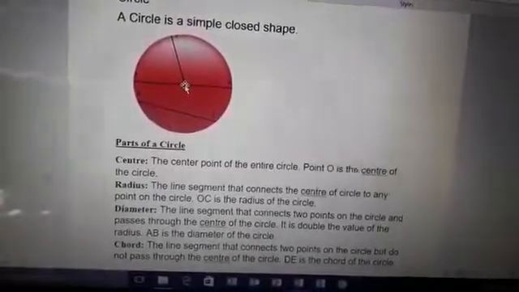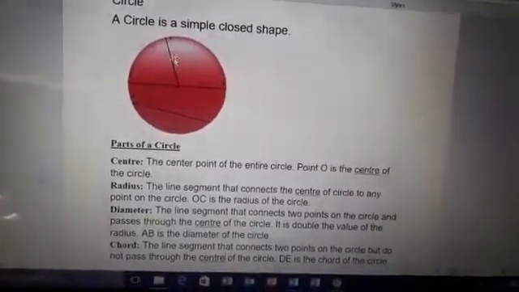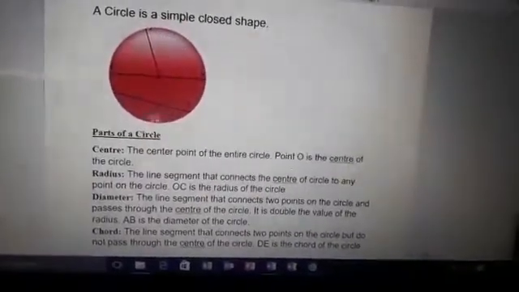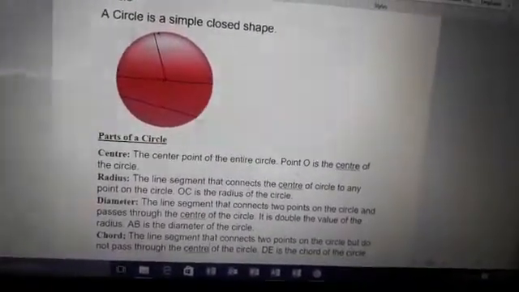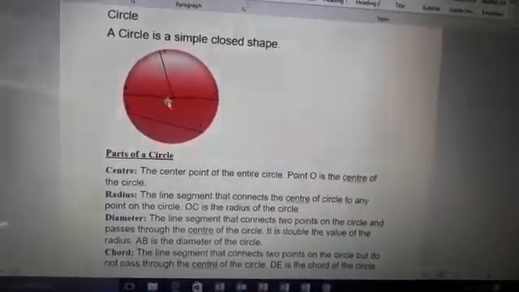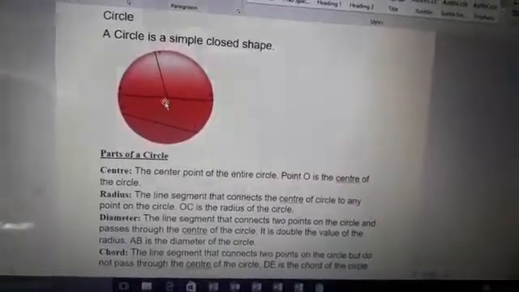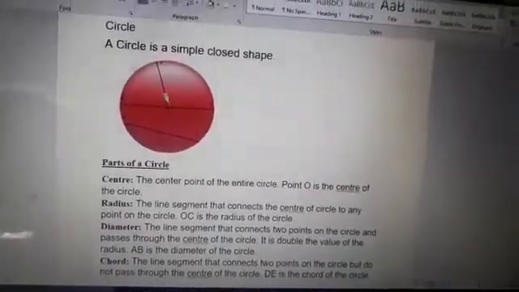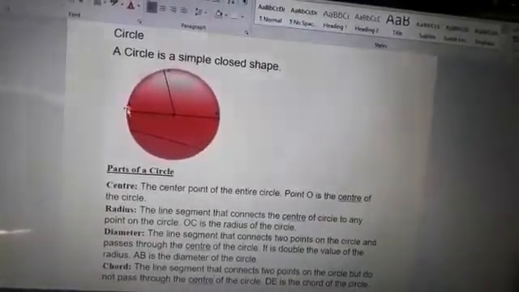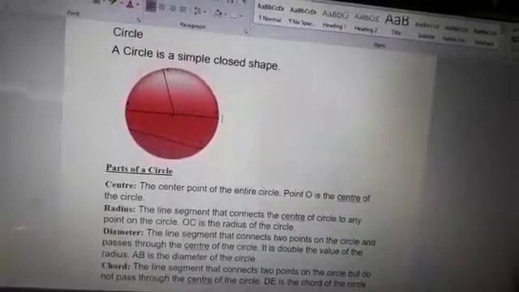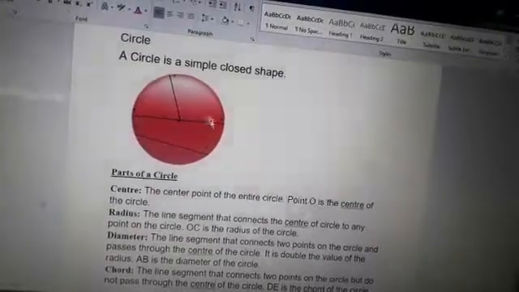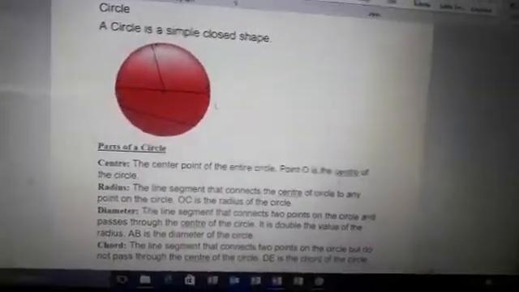When we are joining the line from the center to the circumference, then what is circumference? The whole figure, the circular structure around the figure, it is called the circumference. The segment which is from center to the circumference is called the radius, and the segment which is joining the two points of a circle, okay, from one side to the other side, it is called the diameter.